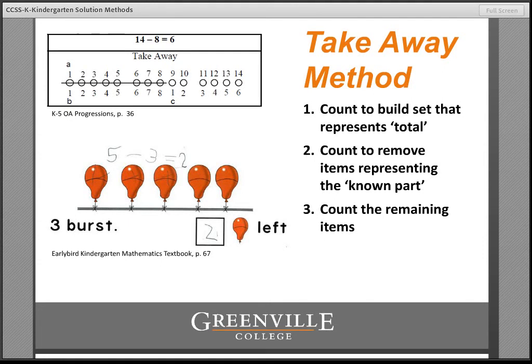That was the known part, and although the assignment didn't require it, her teacher had been modeling how to write number sentences for subtraction, and so children were encouraged to try it for themselves if they understood what to do. So she actually went ahead and attempted to write a number sentence here. Once she was able to cross out the known part, the 3 that burst, she could figure out how many were left and relate the total, the part that burst, the part that didn't burst, and she was able to see those relationships, and in this case see them well enough to even talk about what that would look like